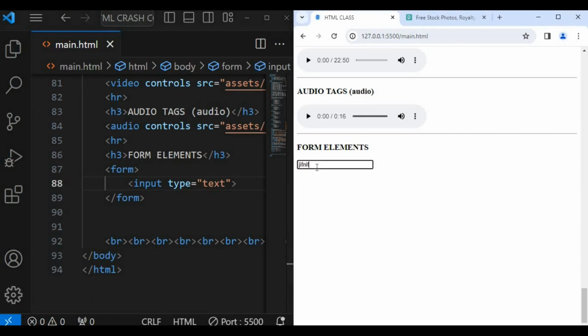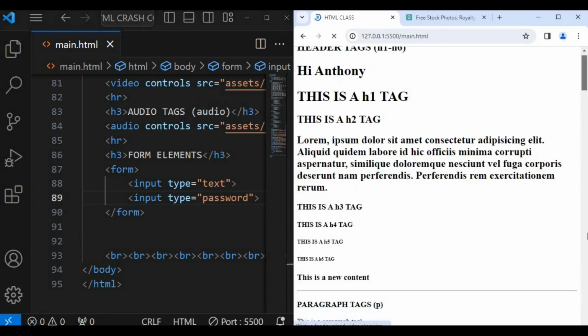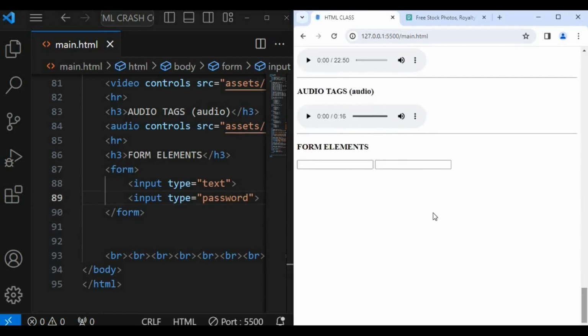I can put in any text I want, letters, numbers, anything. This is for input with the type of text. I can say input with the type of what? Password. The type of password. So once I save that,